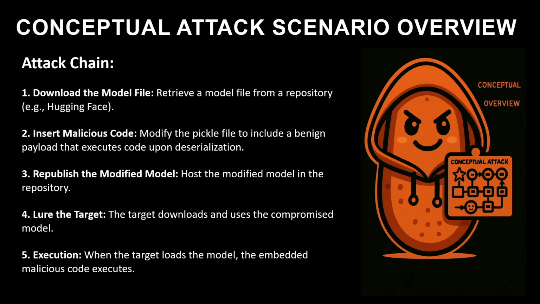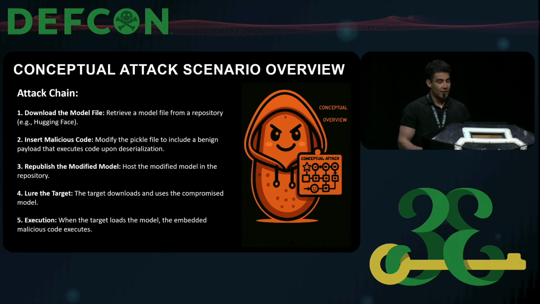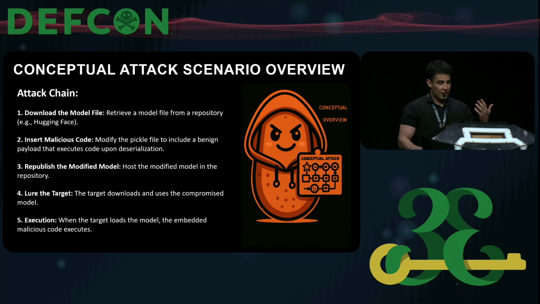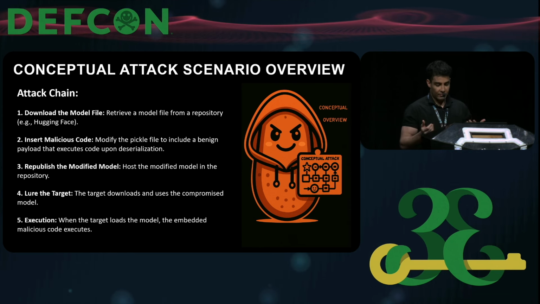So let's think about how an attacker would try to use this vulnerability. They may download a model file from a website such as Hugging Face or GitHub, or they could create a model or a chatbot themselves as well. But we attackers like to use name camouflage. Whenever we can use the popularity and the familiarity of people with another model or chatbot, we're going to focus on that. After we download that chatbot, we're going to try to insert our malicious code inside it, and then republish the model file to a website such as Hugging Face